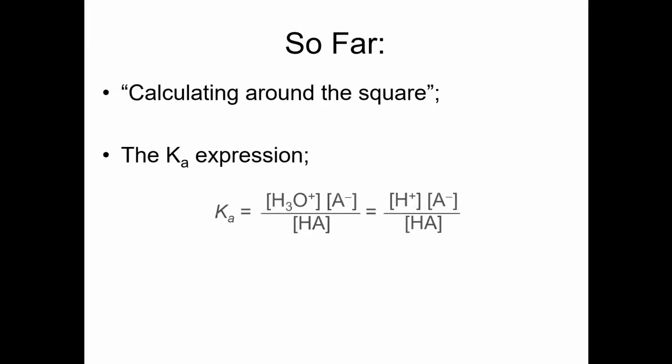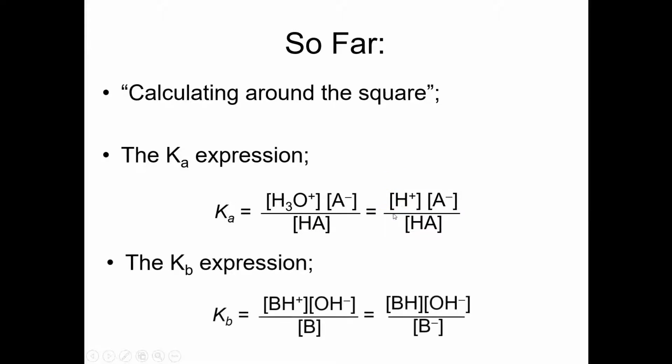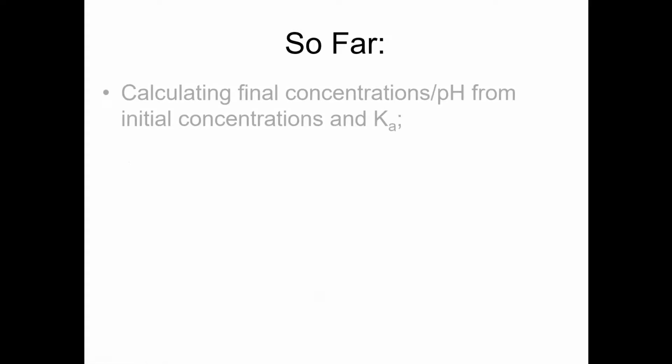We've talked about the Ka expression, which could be expressed in either of the ways that I've described here, either showing hydronium as hydronium or abbreviating it as H plus. And then we've just talked briefly about the Kb expression, which could appear in either one of these two forms. But if you just understand the nature of the Kb expression, and we'll talk about that a little bit more in just a second. And then we've done some practical applications of this in the video and also in class,